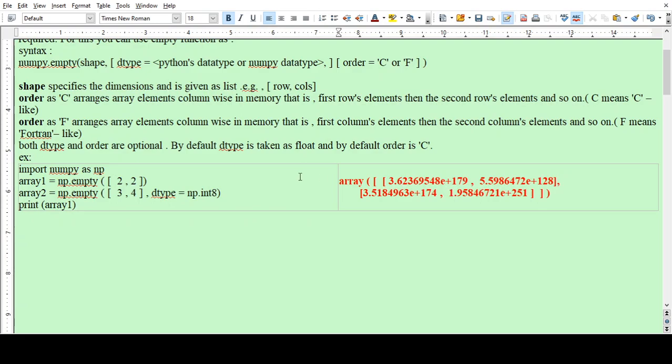This is a 2 cross 2 matrix. In the syntax we ignored the dtype and the order, therefore all the element values are of the float type.